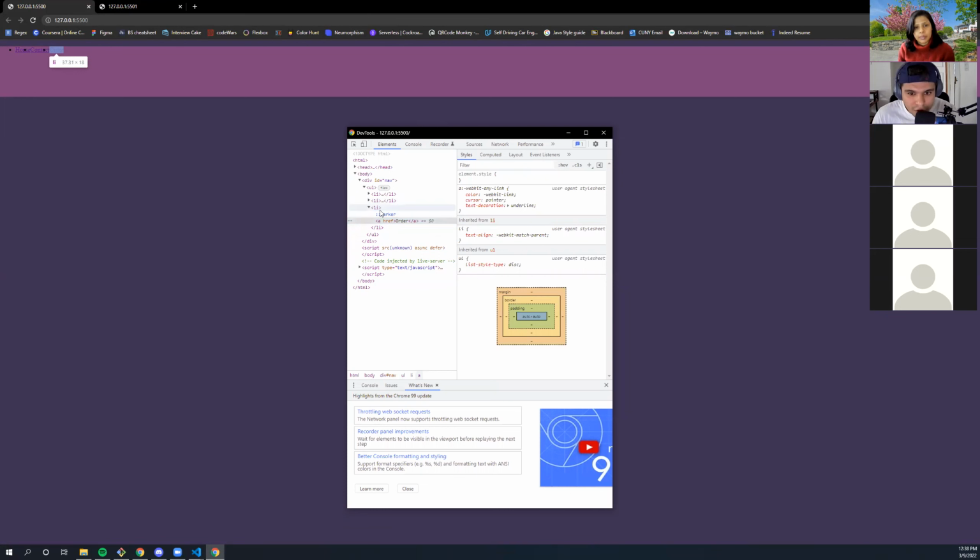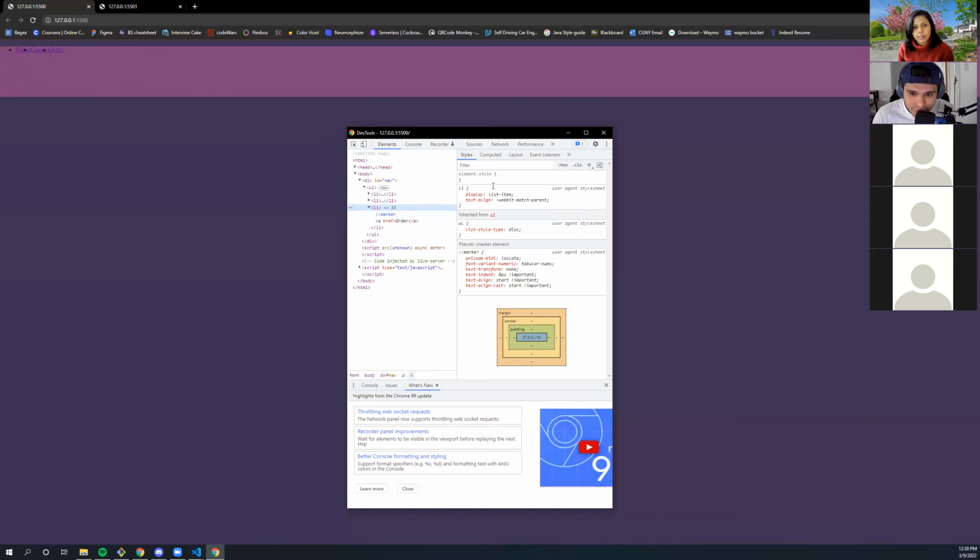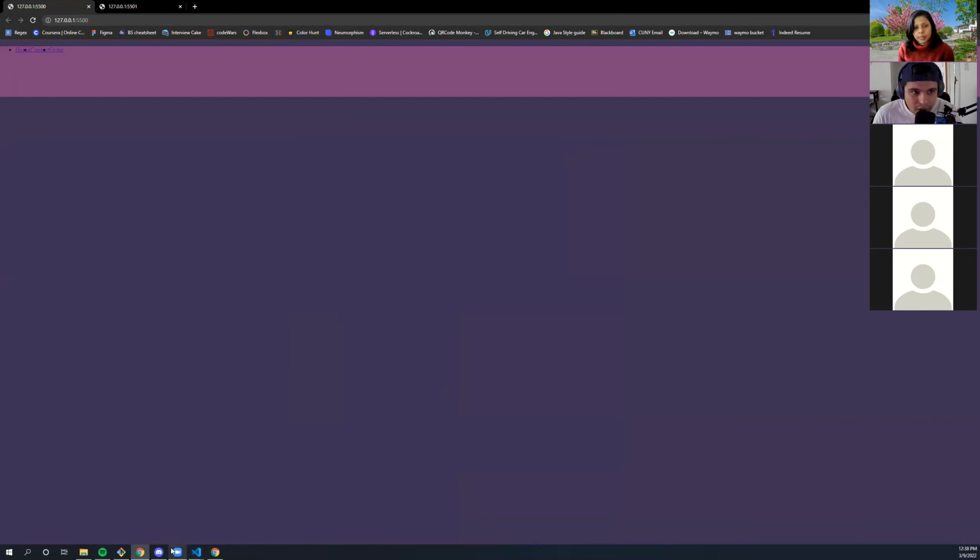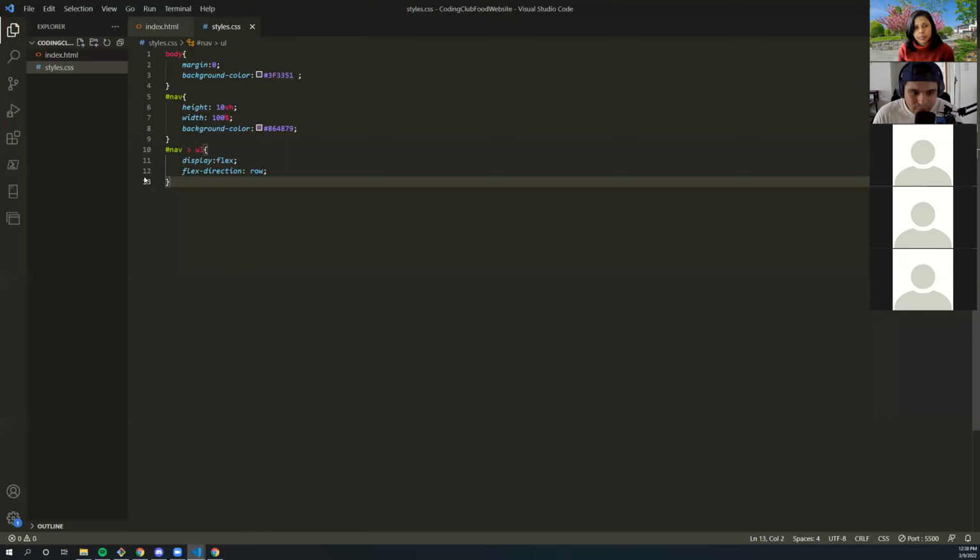We can hover over every list item and see them individually. And we also can see the styles associated with the list item on the right hand side, and the padding and the margin and the border associated with each item. All right. So I now know that these list items have these dots associated with them. So I need to find a way to get rid of them.